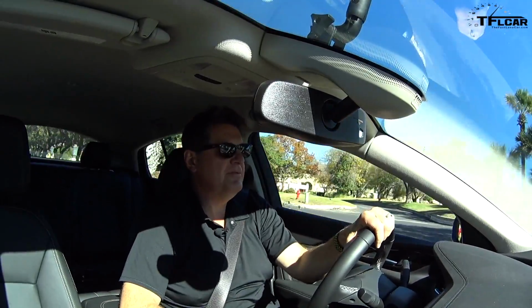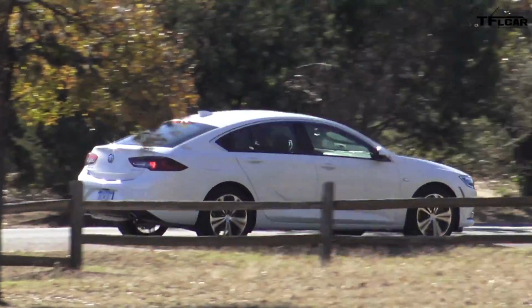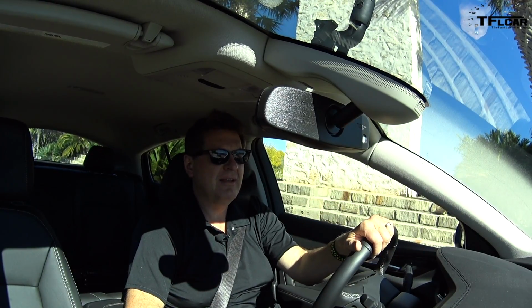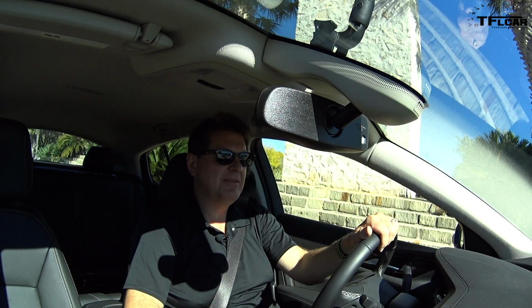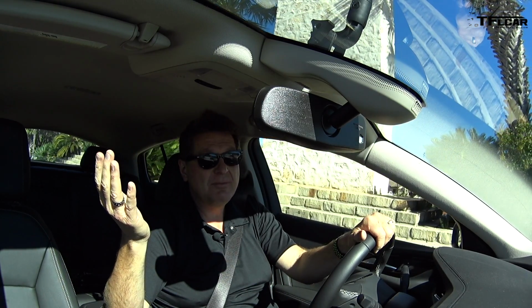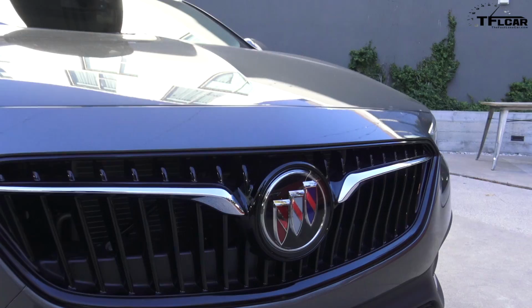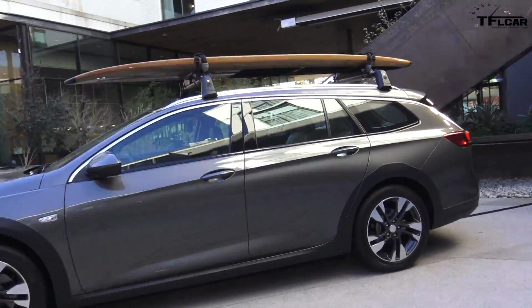Buick says this car competes with cars like the Acura TLX, the Audi A5, and even to some extent the Honda Accord. So it's kind of in that white space, and that's what Buick is all about now. They're trying to find white space in the automobile business where nobody else is at. And what I mean by white space is a segment that is empty. They've done it with the Cascada, their 4-seater convertible, and now they're doing it with this. They're quite brave to bring out a hatchback sedan when nobody's buying hatchbacks or sedans. They're also doing it with the wagon, the Tour X, which is coming soon, and to some extent with the